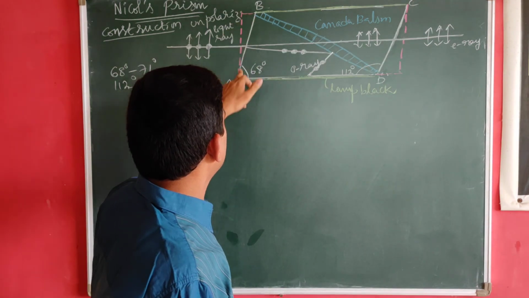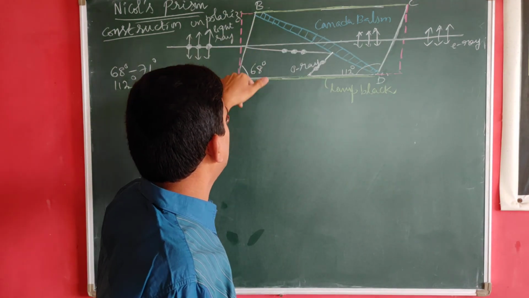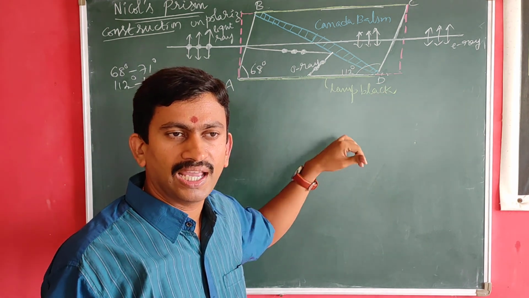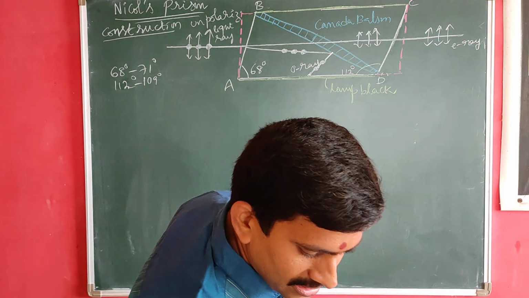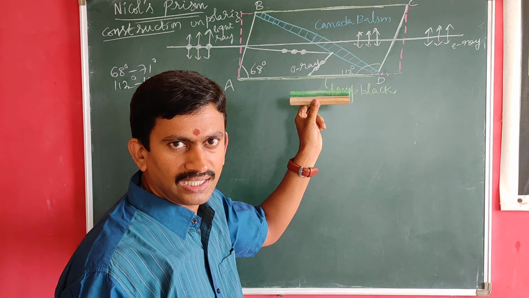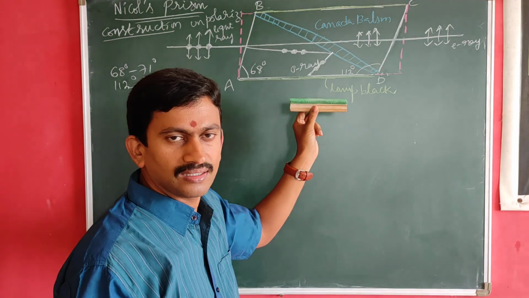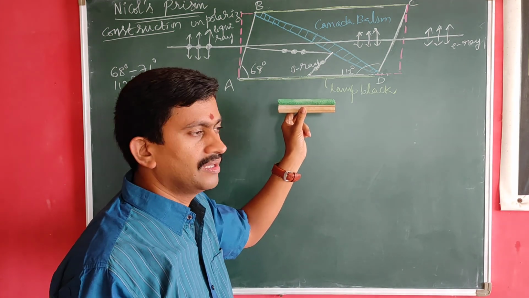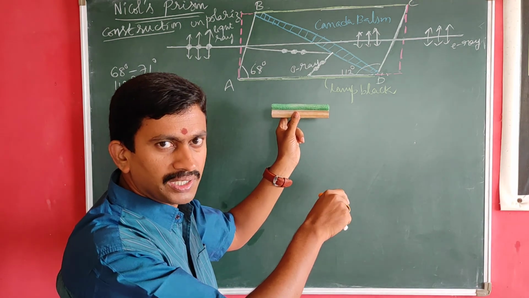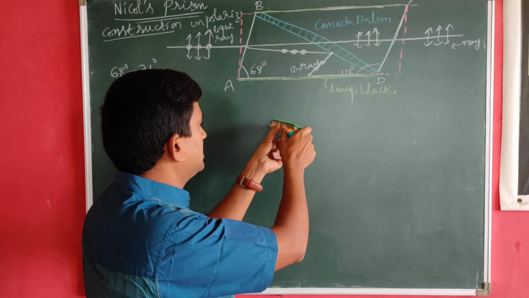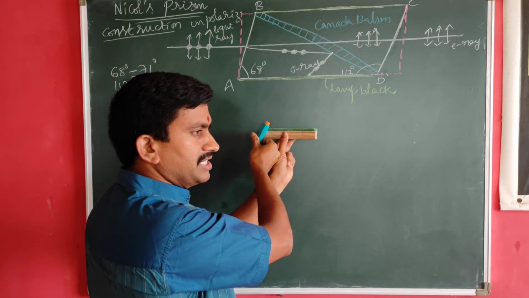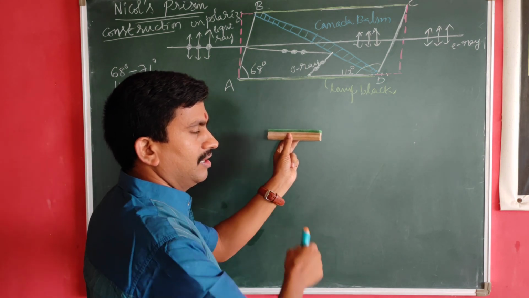Originally, the end faces are represented in the pink chalk mark. It seems to be like a square, but because of this high grinding, what I mean to tell you is, it is like this. The doubly refracting crystal is like the duster, in a rectangular shape. But in order to construct the nickel prism, this particular end face is highly ground in such a way that it becomes like this. The end face AB becomes like a parallelogram.